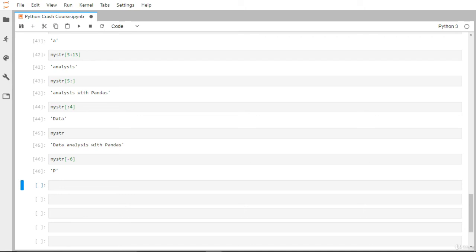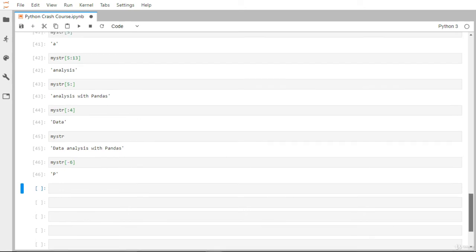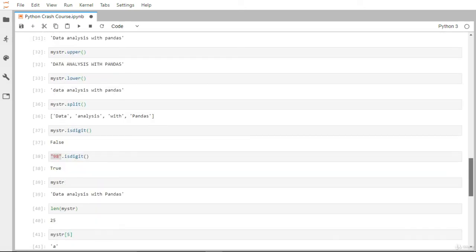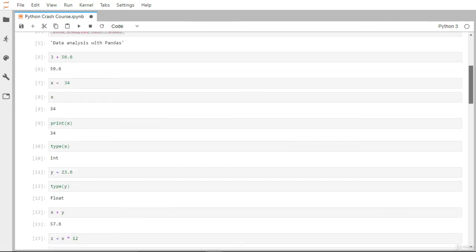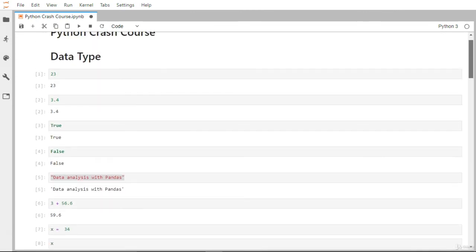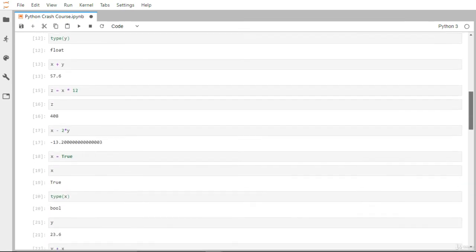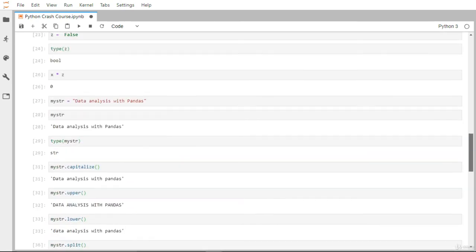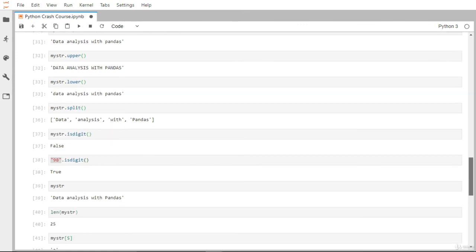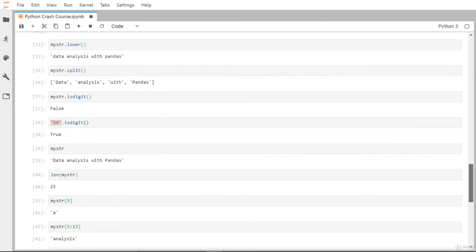We have seen enough functionality of the basic data types available in Python. Let me just summarize. We have seen integer, boolean, float, and string, and what operations you can perform on top of a string variable. That is all about the basic data types available in Python. In the next video we'll go into some more constructs available in the Python programming language.